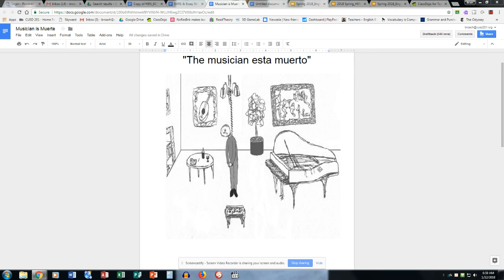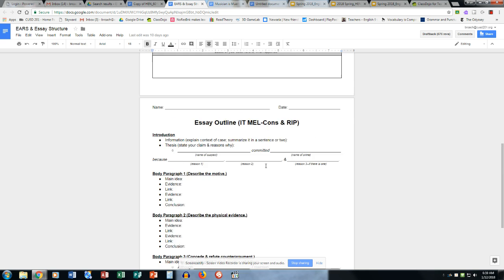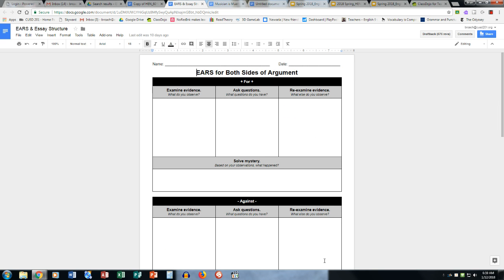We're going to learn today how to write up our detective's report. When writing our detective's report, it's really just an argumentative essay. So get out your notes for both sides of the argument, your plus side and your against side. We should have a few pieces of evidence written down, some questions, our re-examinations, and then in a statement or